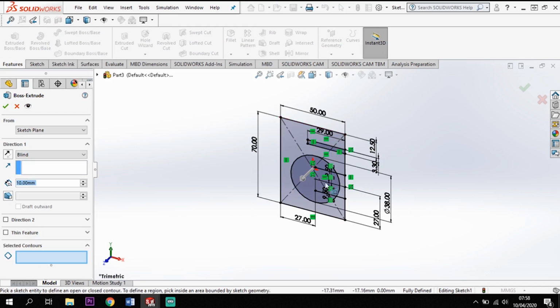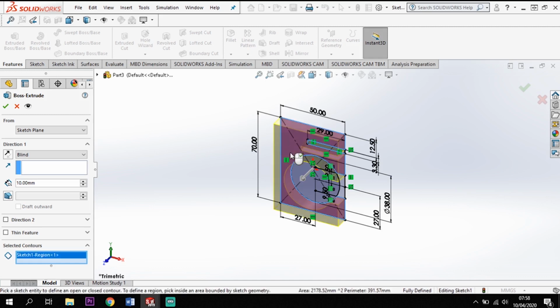Now it's not going to pick anything up. What I'm going to have to do is work off contours. So if I select this area here in the centre, that's the area that I want to extrude out. It doesn't matter that these lines go through the circle and that they're not closed off or trimmed off, it will still let me